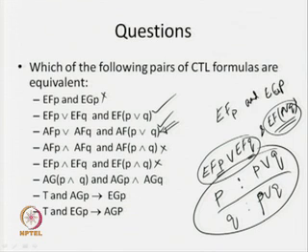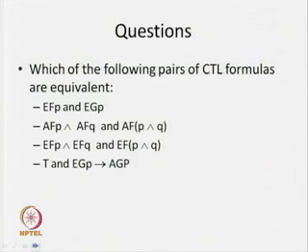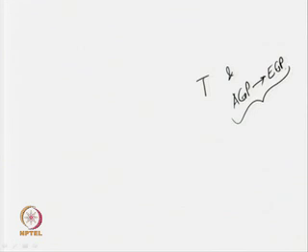Then the next formula, I am saying that T and A g p implies E g p, and T and E g p implies A g p. What is this T? T is nothing but the top. I have already said this is the truth value true. Okay, just I will show one thing. T and, the second formula I am saying, A g p implies E g p. That means true is always true. I have to check whether this is a tautology or not.